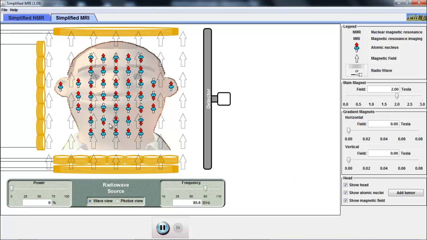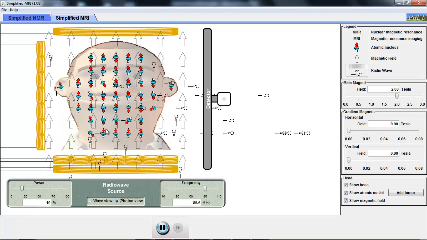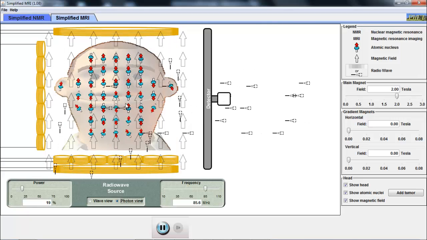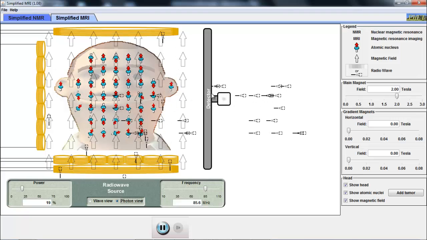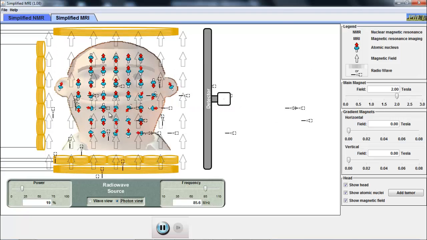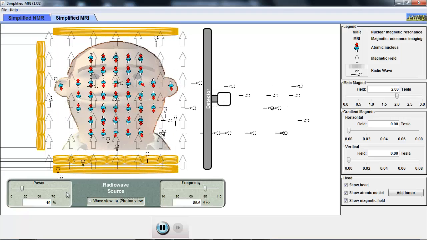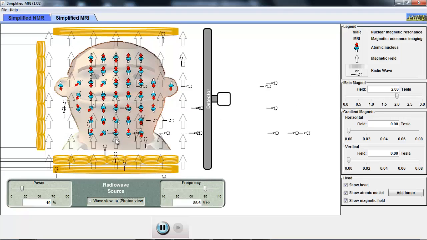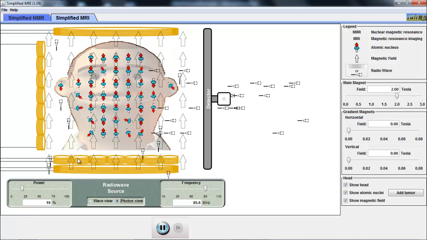Okay, and then if we turn on our radio frequency coil, we've got it on wave view. We'll change it to photon view. We can see that now the photons that we send in are exciting the nuclei in the patient's head, and they're hitting the detector, and so we're getting a signal from all parts of this guy's head. Okay, so that's how we can use it to make the hydrogen nuclei in the patient emit radiation that we can then detect and